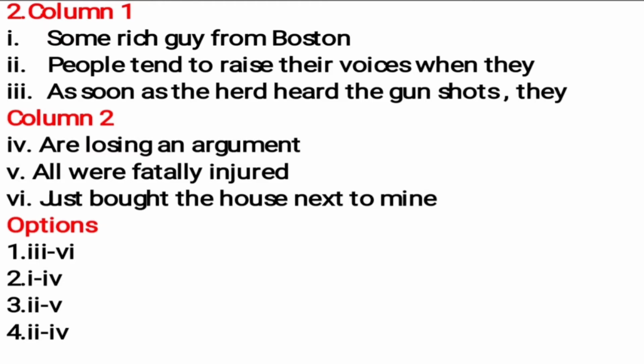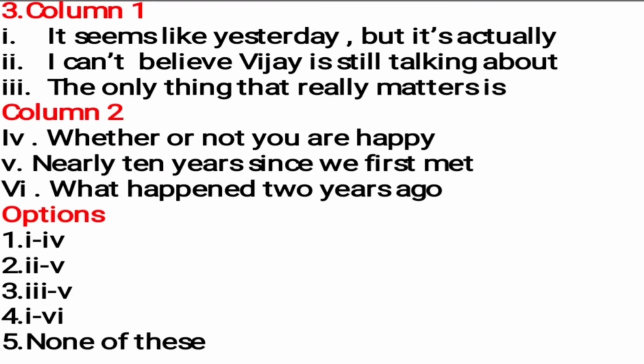Means in options only one thing is there, so only one connectivity is there. Sometimes they will give two connectivities, means two options, 1 and 2, 2 and 3, like that. So that time you need to bother about that one. So your job is done, I'll leave it. This one also, go through column wise. Okay, it will be easier.